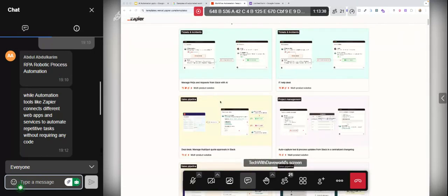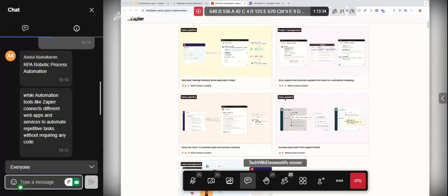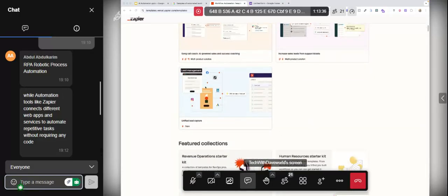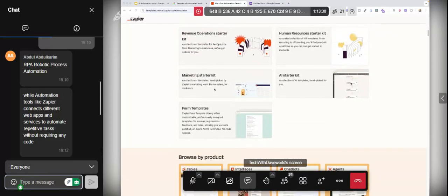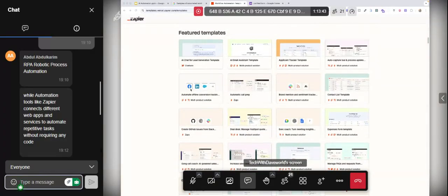So you can see workflow automations. You see different aspects, right? Sales pipeline, project management, lead management, right? But there's even more that I want to show you guys, right? Yes, you can see you have from Facebook to LinkedIn to